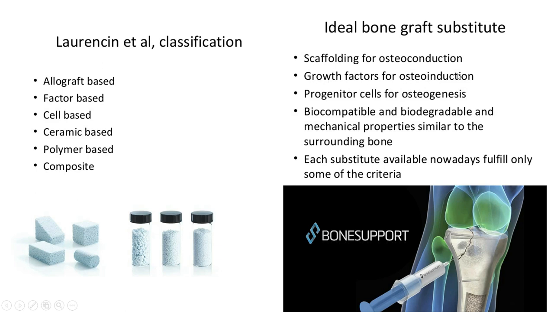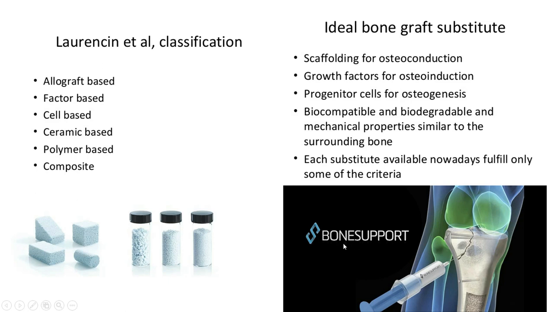But an ideal bone graft must have some scaffolding for osteoconduction, must supply growth factor for osteoinduction and progenitor cells for osteogenesis, be biocompatible and biodegradable, and give mechanical properties similar to the surrounding bone. That would be the most biological, and some substitutes available nowadays fulfill all the criteria. One example is